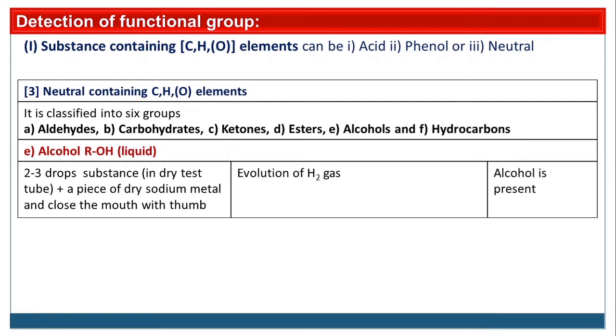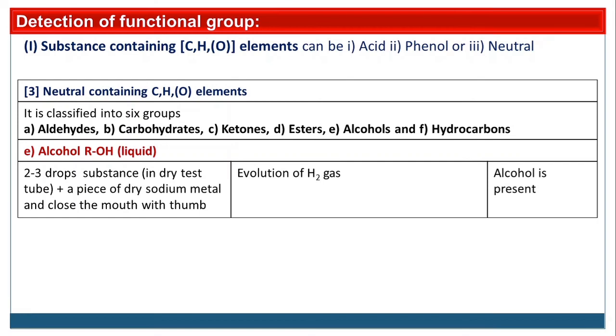इथे बघा काय करायचं, सबस्टन्स घ्यायचा टेस्ट ट्यूबमध्ये, त्याच्यात एक छोटासा तुकडा टाकायचा, कशाचा? सोडियम मेटलचा. बरोबर, ते लिक्विड असेल तर सोडियम मेटल त्याच्यामध्ये डिझॉल्व होतो आणि H2 गॅस बाहेर निघतो. तुम्ही थंब लावला टेस्ट ट्यूबला तर तुम्हाला प्रेशर जाणवेल की आतमध्ये गॅस तयार होते. दुसरी एक गोष्ट, तुम्हाला बबल्स पण दिसतील आणि तो सोडियम मेटल डिझॉल्व होतो. ही इज द ऑब्झर्वेशन. बबल्स का? कारण H2 गॅस इव्हॉल्व होतो.